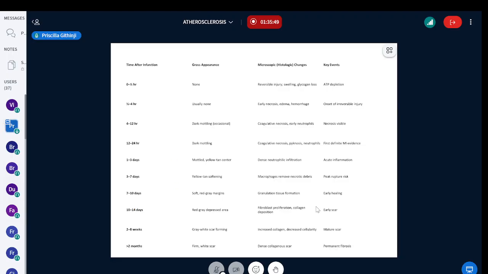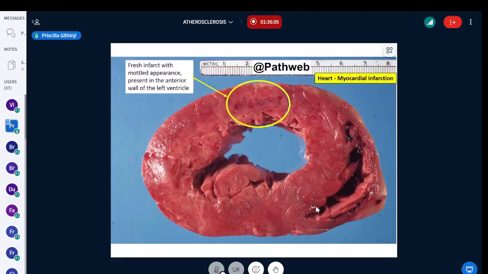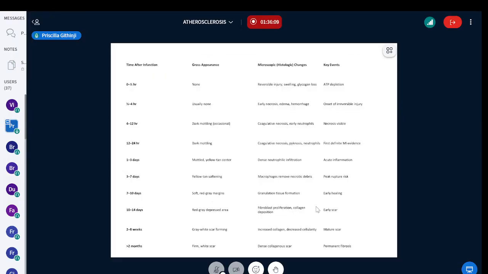The most important thing to know is that you have coagulative necrosis, which results in acute inflammation, then chronic inflammation, and then of course you have healing by fibrosis, and you're going to have different appearances of this. So we've talked about this 12